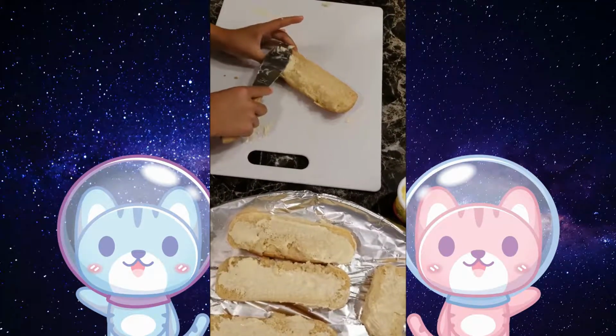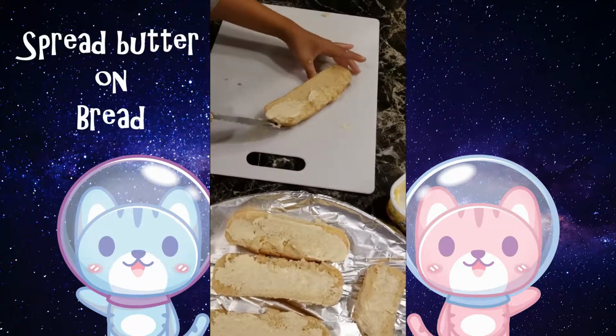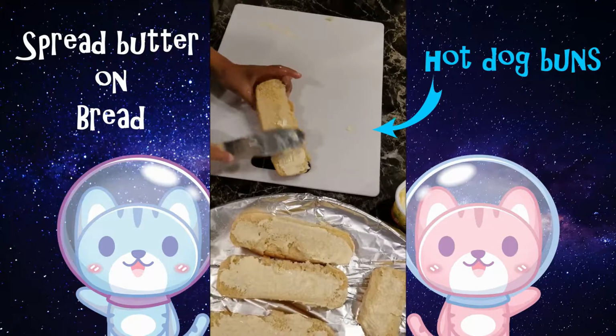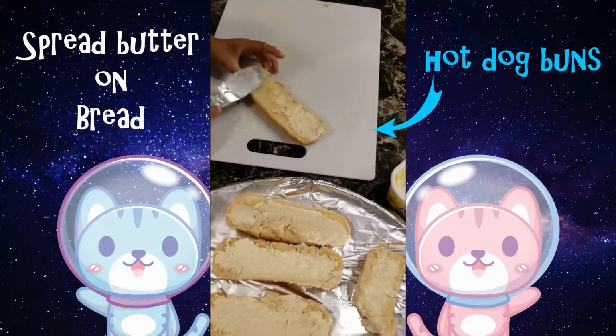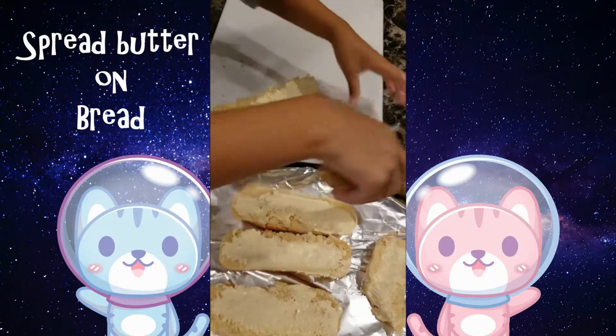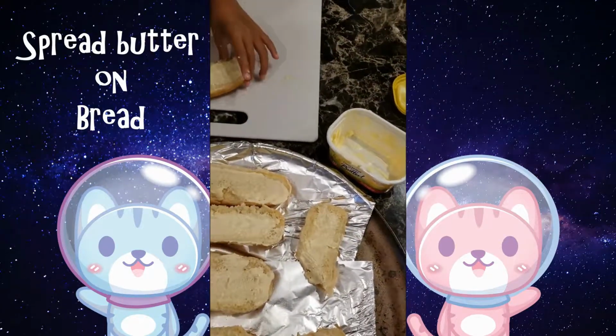So first you need bread, and then I'm using hot dog bread. That's what you can use, but you can use different bread. And you need butter on top. So I already made a lot,